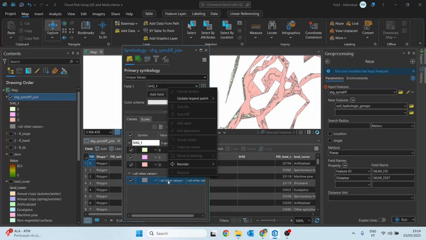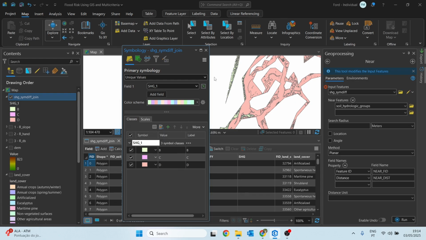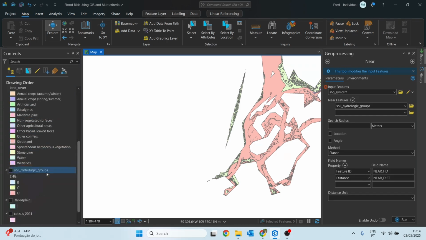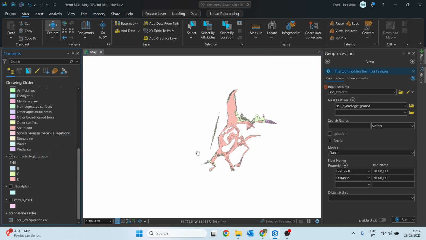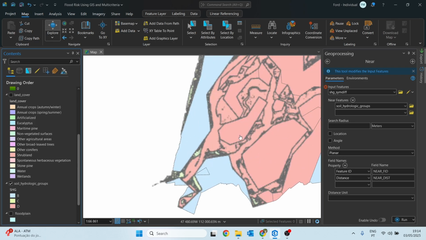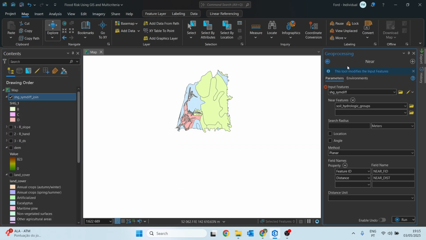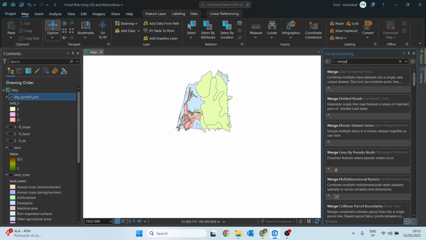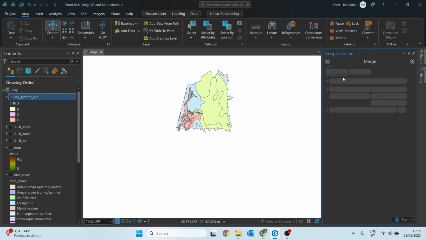Of course, the level of detail isn't perfect, but this is one of the valid approaches to help fill in the gaps and correct the error in the dataset, especially when you need a complete and continuous layer for further analysis. Next, what we need to do is combine the two elements, and for that we are going to use the merge tool. So just search for merge, this first one,